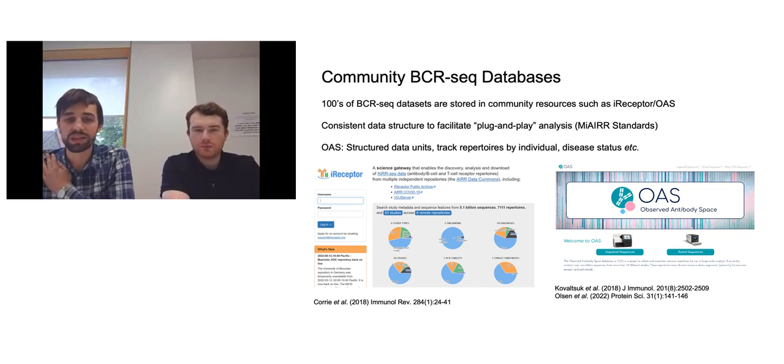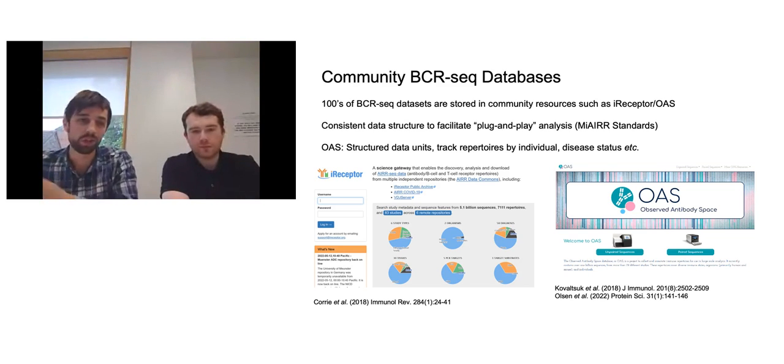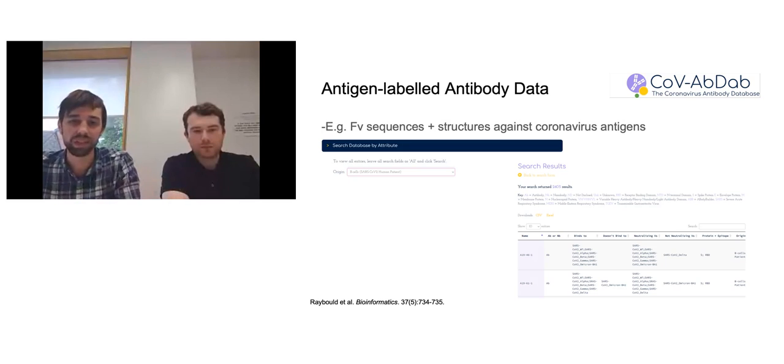So you get a good sense of what is going on in repertoire or disease associations of certain properties of repertoires. And this is quite noisy because it's an example of everything that's going on in the system, so there'll be a whole spread of antibodies that bind to different things in these databases.